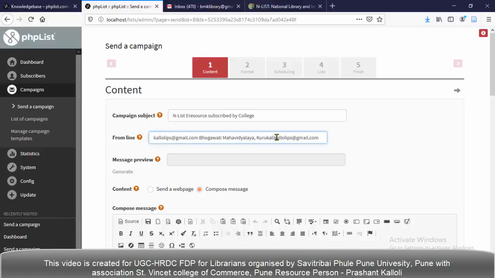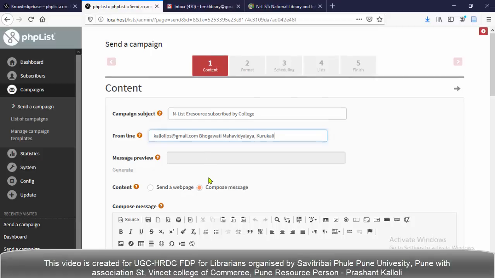Actually, we give this at the installation stage, and we can also set it so the email address of the administrator or institution is displayed here, along with the name. You can put any name that will be displayed on the email. Third is the message preview; leave it as it is.